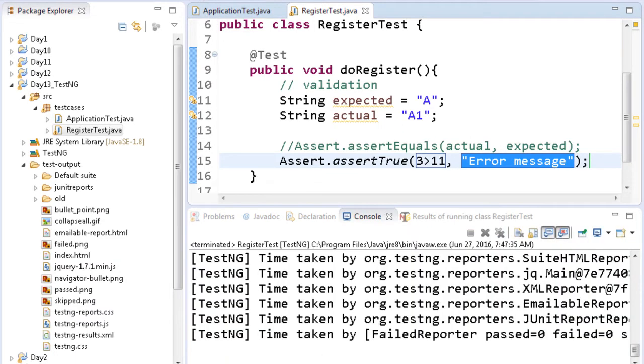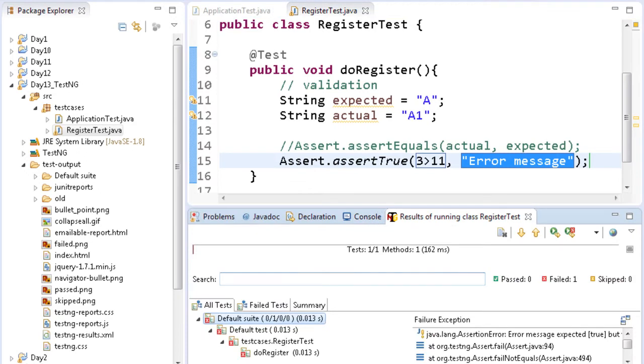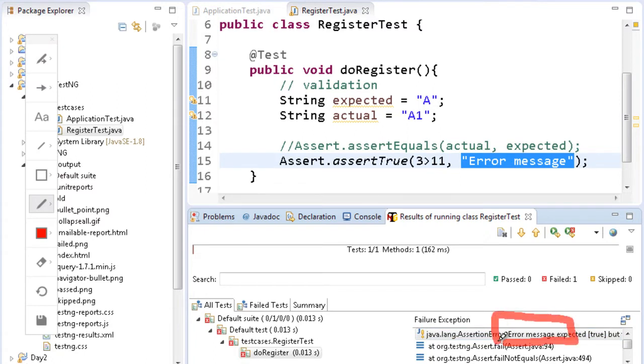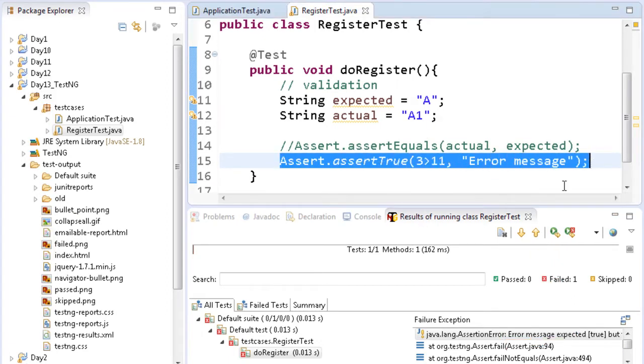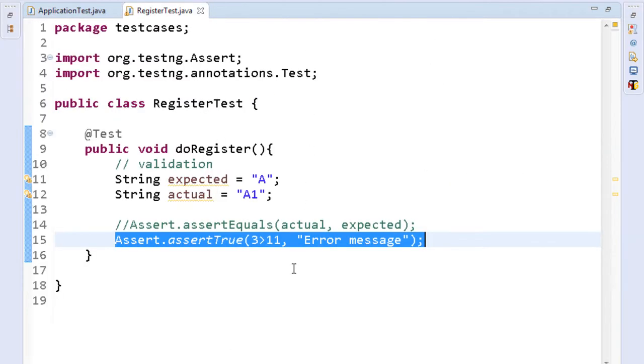So when you run it, you will see that it will fail and you get the error message as well in the reports. It's written over here, error message. Now where do we use this kind of assertion? Suppose you want to check whether the element is present on the page or not.